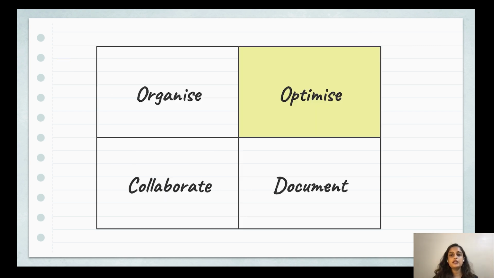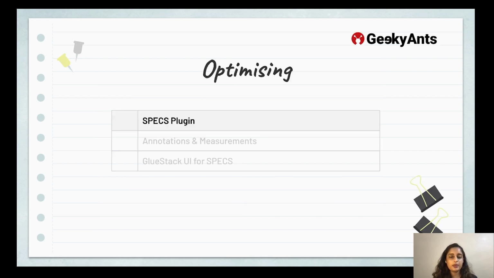The second step is to optimize. The definition of optimization in this case is to ensure that your design is scalable, reusable, and modularized. It's to ensure that you're addressing all edge cases, all error states, and any gray areas that the developers need to be aware of. It is one of the most important steps in a designer's handoff process. So, here are some ways you can optimize your design.